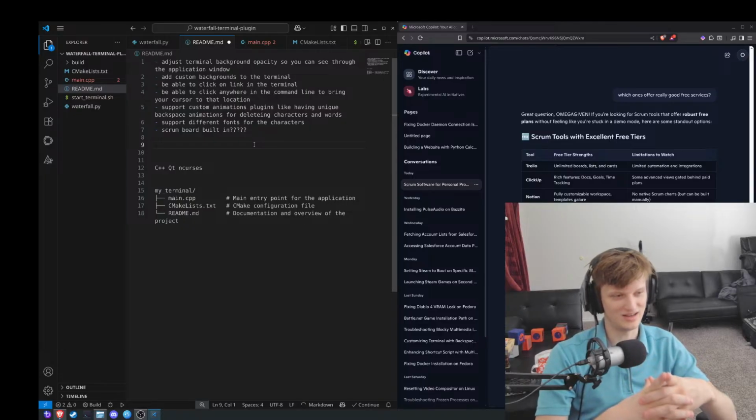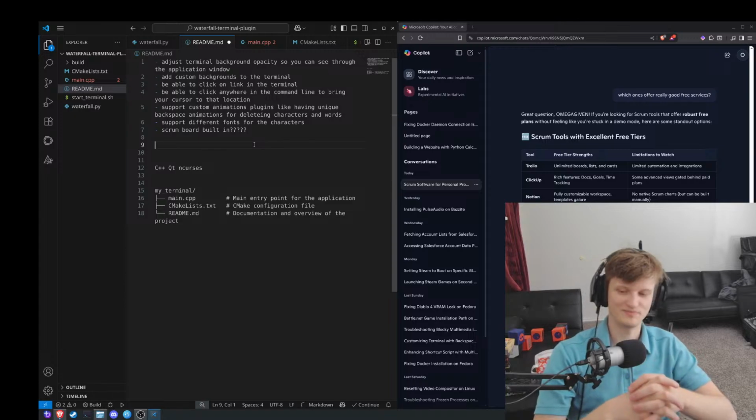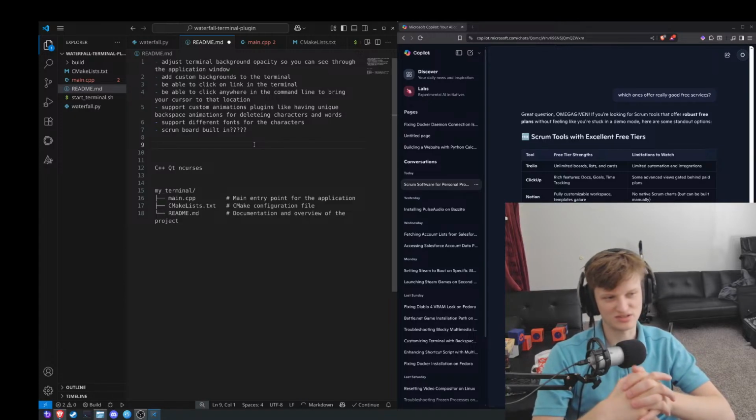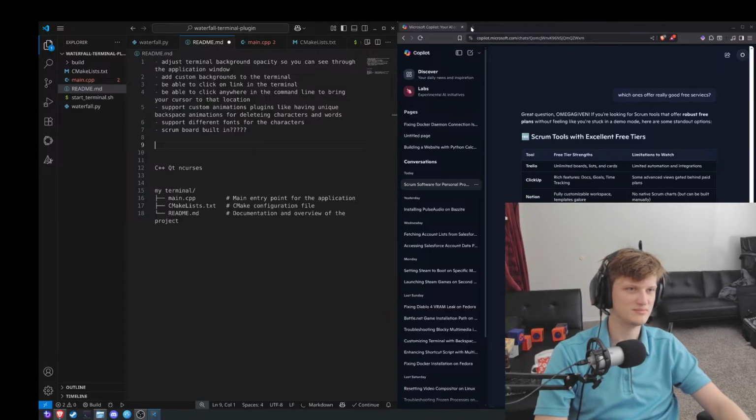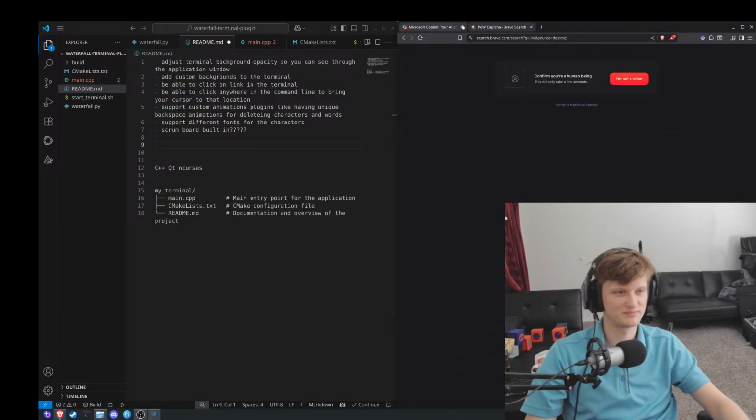But in the meantime, why don't we just use these platforms that give you real Scrum functionality like sprint planning, backlog management, and burn down charts without forcing you to upgrade right away. If your client's still working with a small team, most of these free tiers will be more than enough. Why don't we use Jira? I think Jira would be good enough, right? Yeah, maybe. Let's look at Jira.